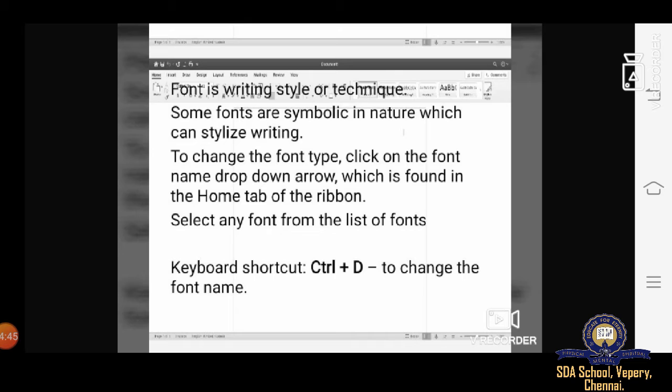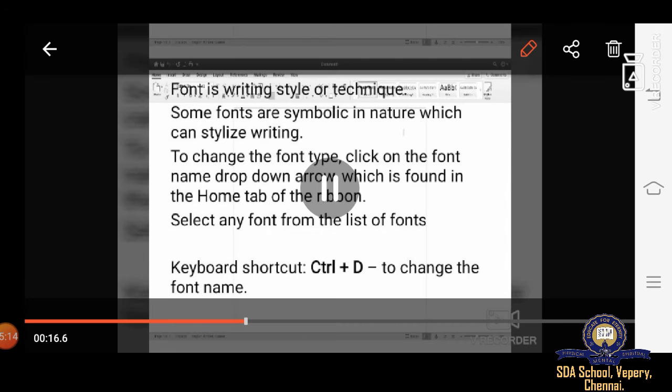Then you will find a list of fonts which can be viewed by scrolling, and then you can choose the font and start keying your text. For the keyboard shortcut, press Control plus D to change the font name.